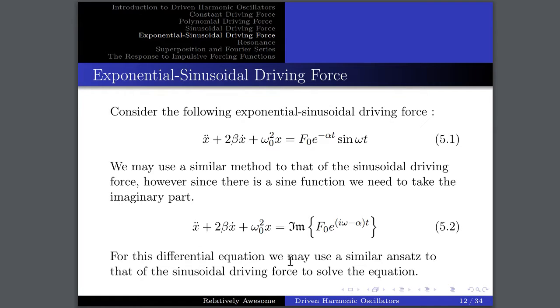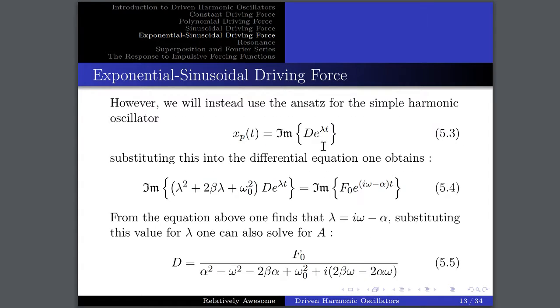For this differential equation, we may use a similar ansatz to that of the sinusoidal driving force to solve this equation. However, we will instead use the ansatz for the simple harmonic oscillator. Substituting this into the differential equation, one obtains the following. Note that e to the lambda t is the only thing on the left-hand side raised to an exponent, and the only thing raised to an exponent on the right-hand side is e to the (i omega minus alpha) t. Hence, we can deduce that lambda is equivalent to i omega minus alpha, and substituting this back into the equation,